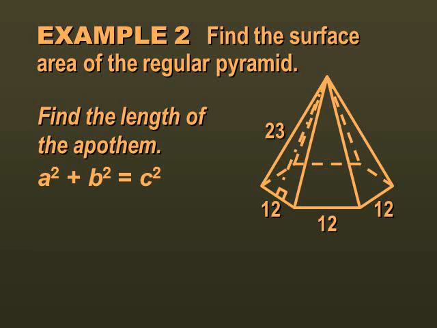Now in this case they're going to go ahead and find the apothem. So remember that goes from the center to the midpoint. It's the perpendicular bisector of one of the sides. So I'm creating a little mini right triangle. I know that half the side is 6 and that the